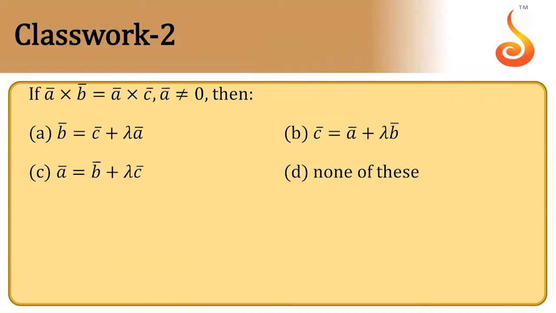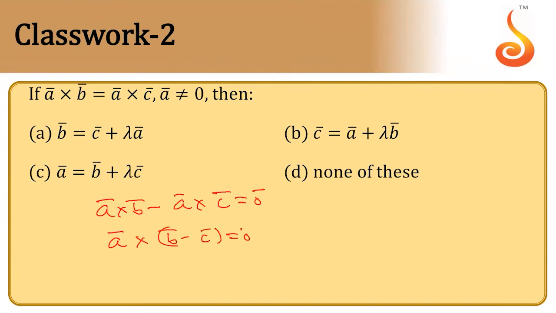A cross B equals A cross C. Then they are asking for B bar in terms of C bar and A bar. Please prepare the notes properly. I gave the notes in detail for vectors. We did so many problems in the old notes. Wait, you will solve it. Here A bar is common, so you can take B minus C.